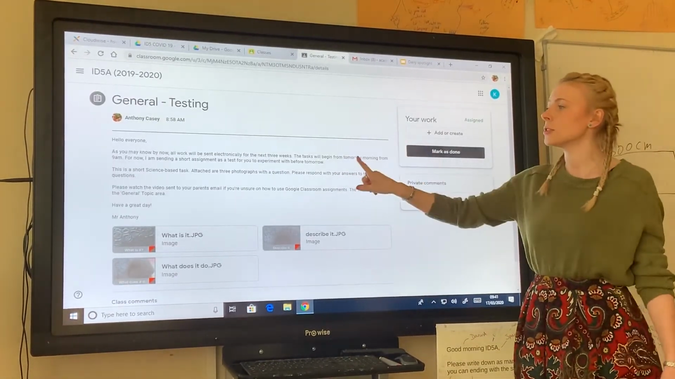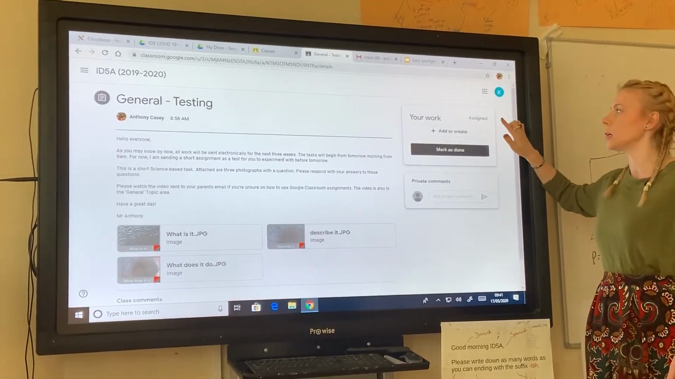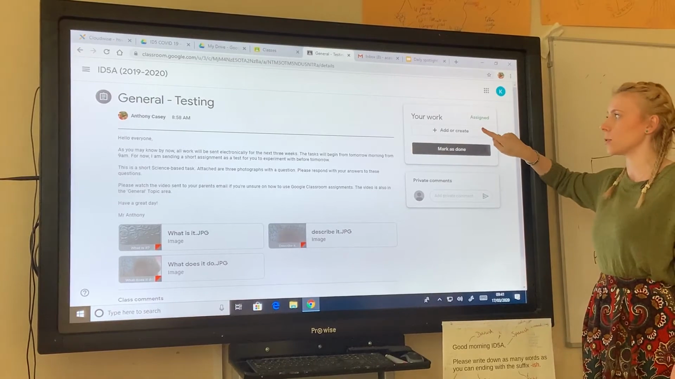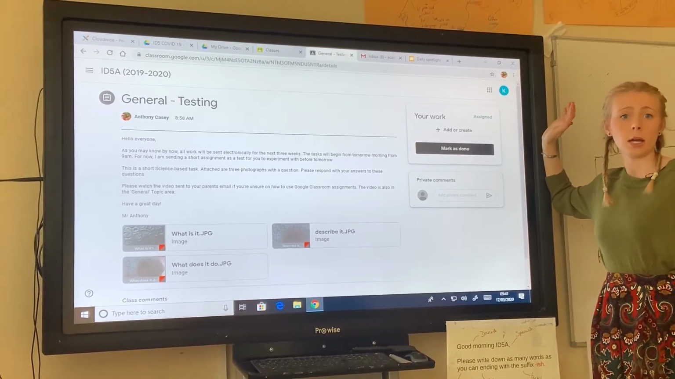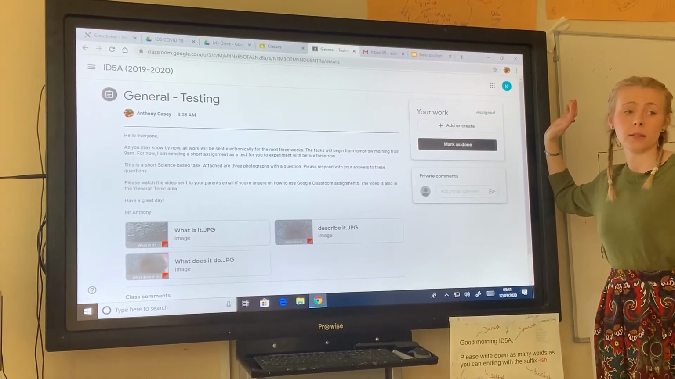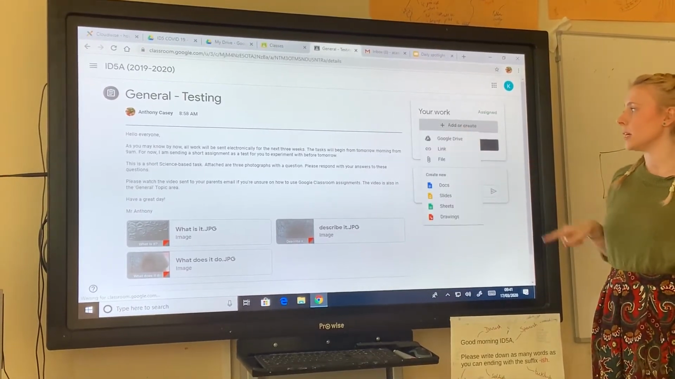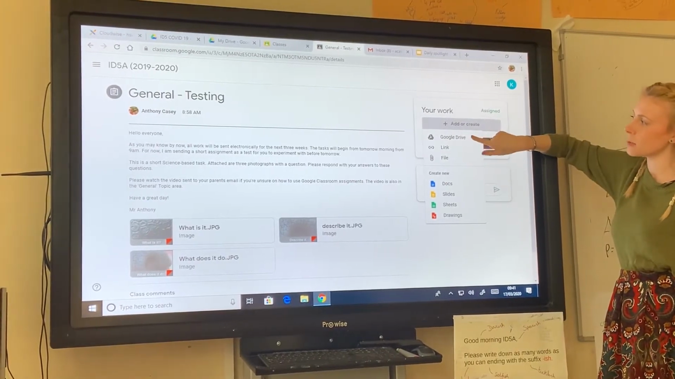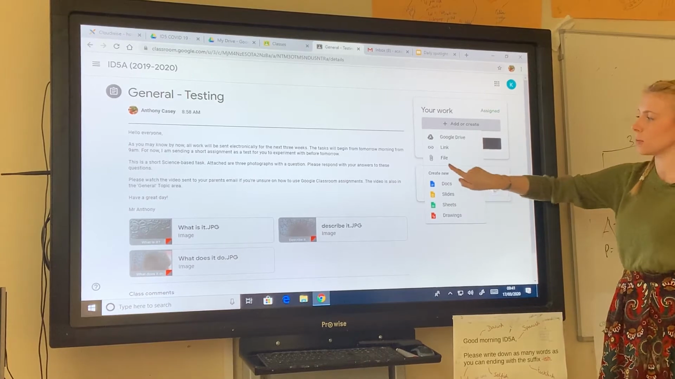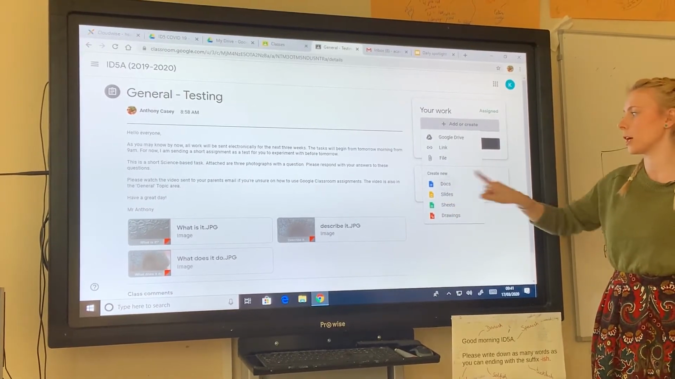Once you've read the instructions, you then need to go on the work that's assigned for you. So here you can click Add or Create. Now, your teacher will tell you if they want you to do it online, or they will tell you if they want you to do it on paper and maybe take a photo. So you can add or create. You can upload a file to send to your teacher, share something on Google Drive, or you can maybe create a new document here. So I could create a doc,